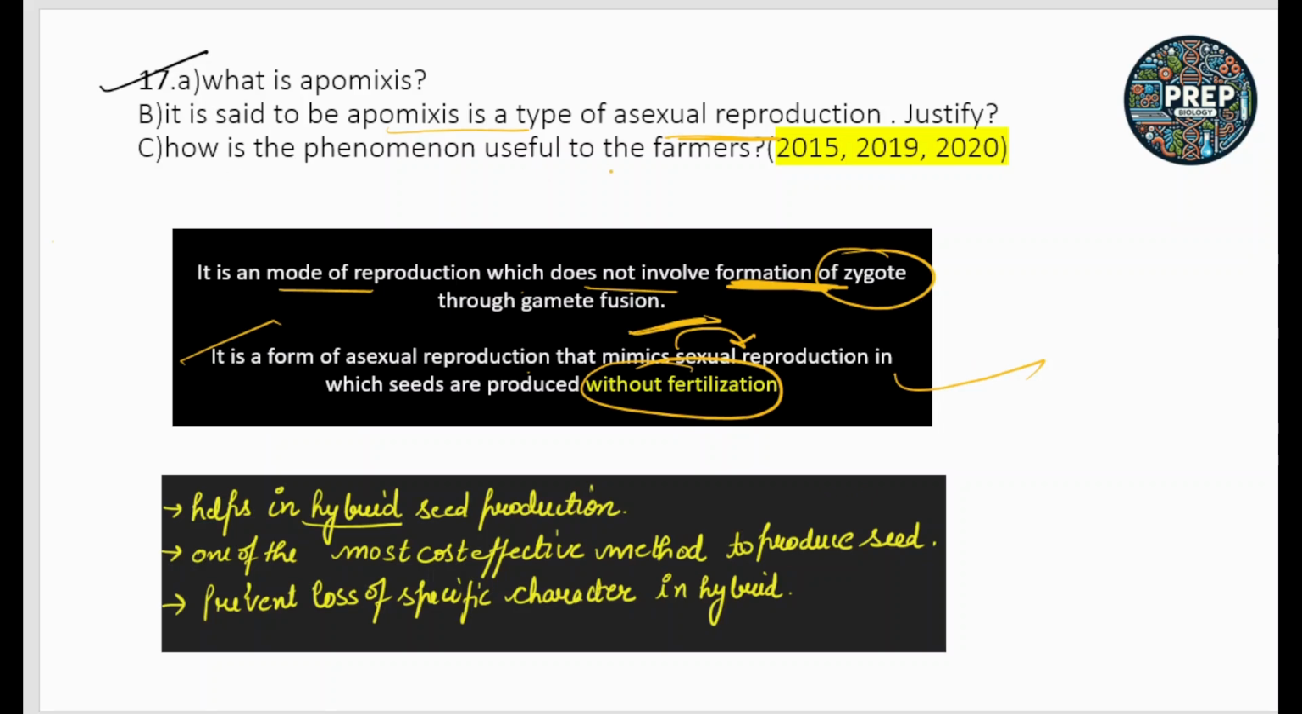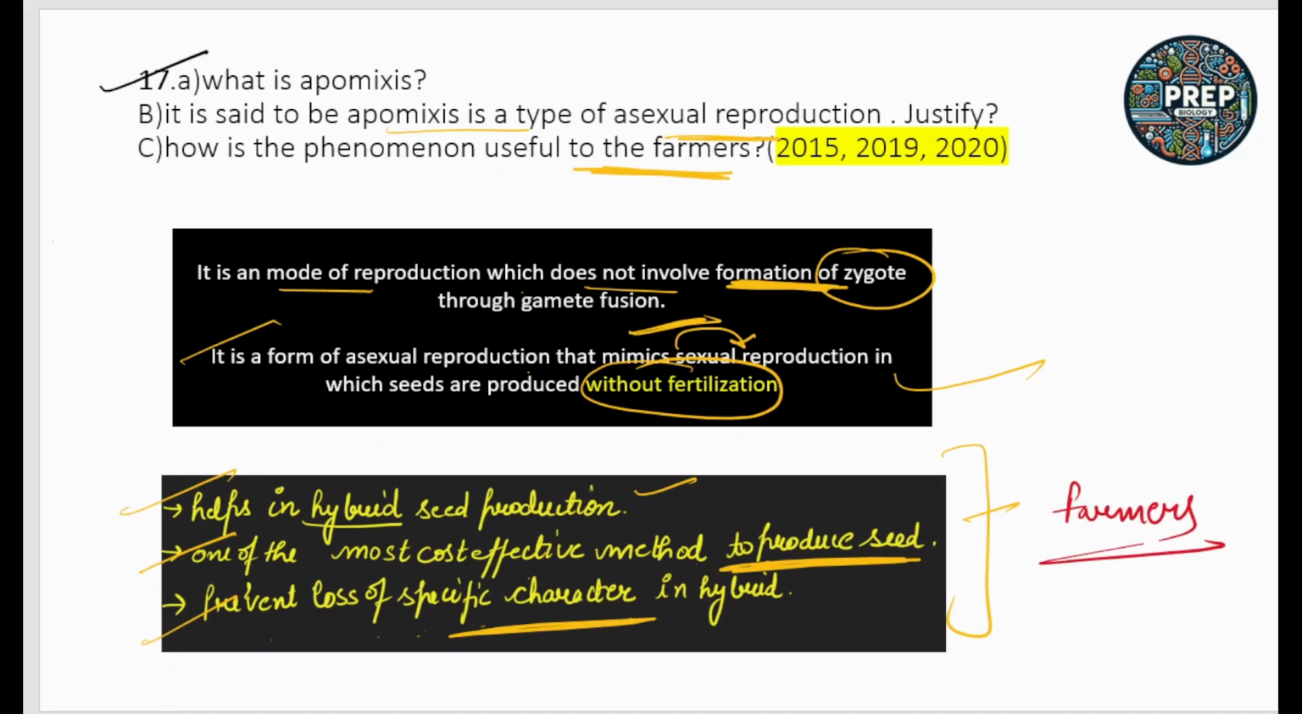How is this phenomenon useful to the farmers? It helps in hybrid seed production. Second, it is one of the most cost effective methods to produce seeds, and next, it prevents the loss of specific characters in a hybrid. That's why, by all these characters, it is helpful for the farmers. Okay, so next question is,